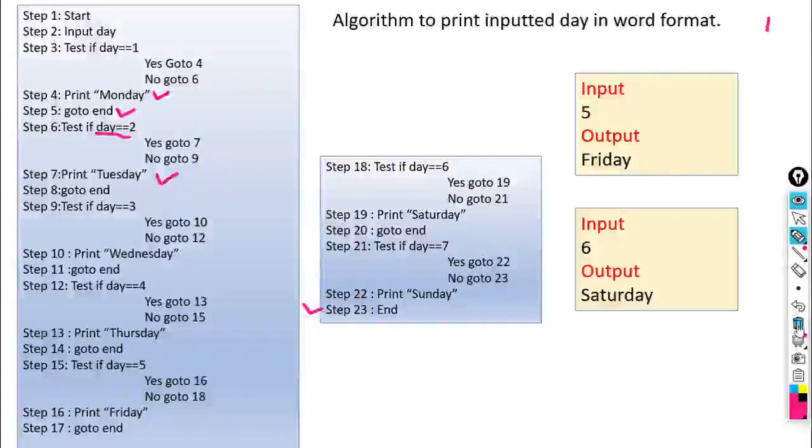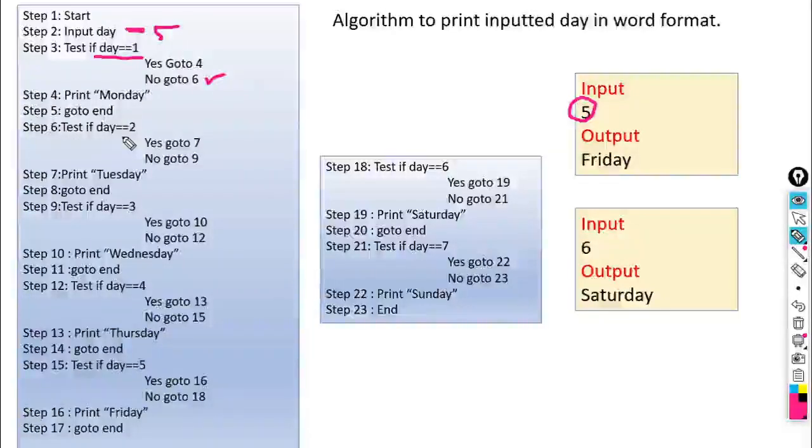We will see here different inputs given, and for these inputs, how this algorithm will work. First input is 5. So day is assigned as 5. It will check first if day is equal to 1. It gives the answer no. So again go to 6.